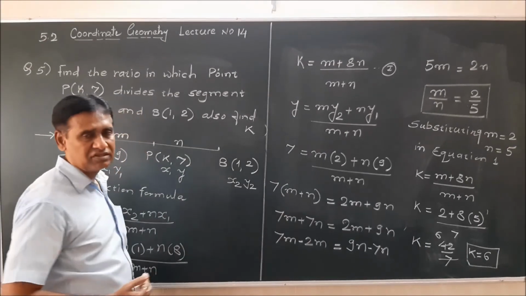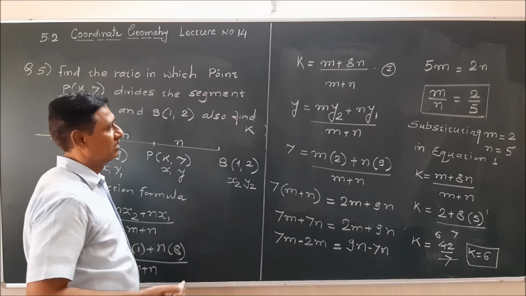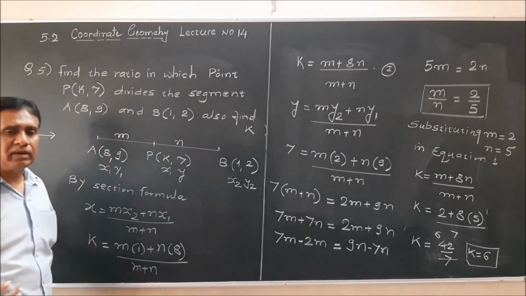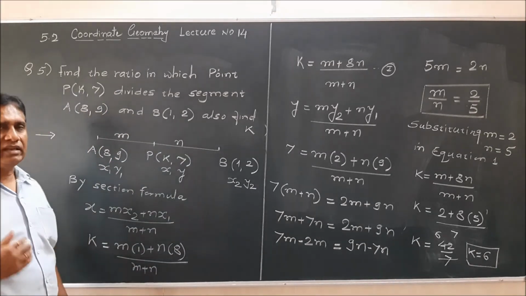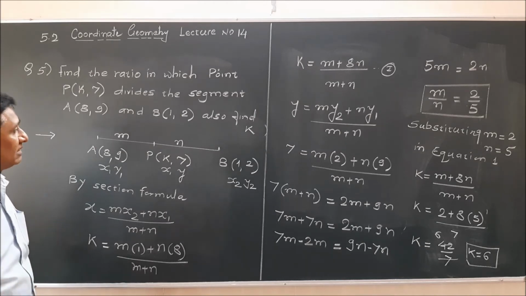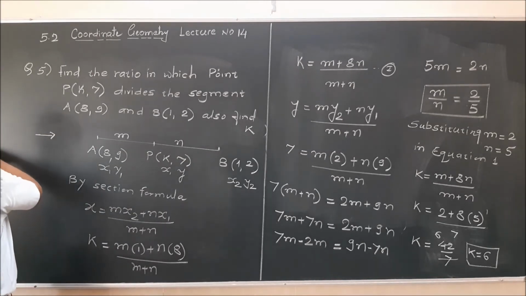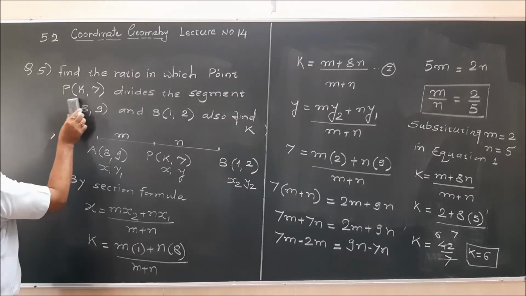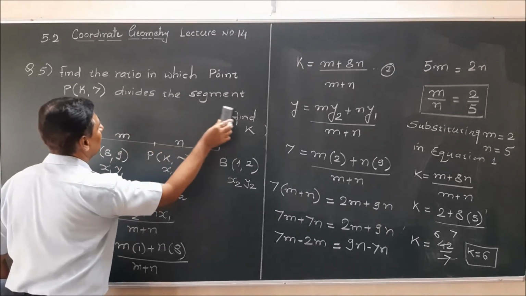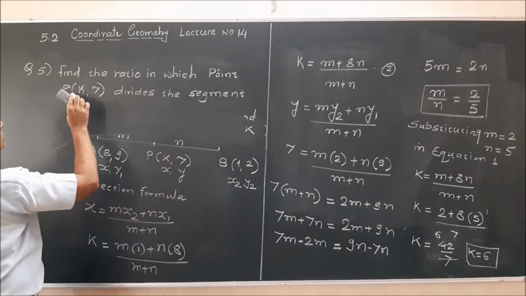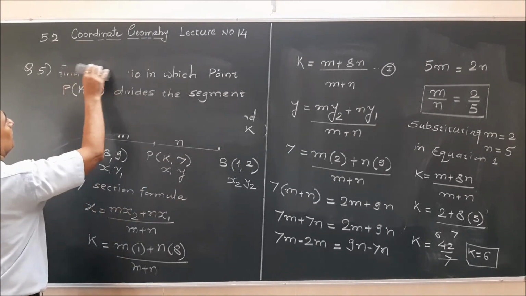You have to mention the answer in words. Therefore, please always remember, always end your answer in a complete sentence. So you have to end your answer here that point P,